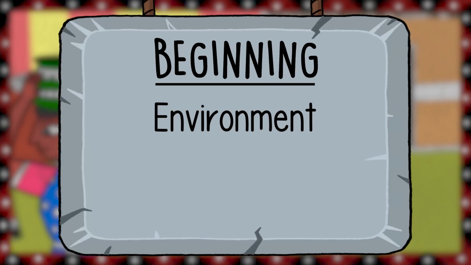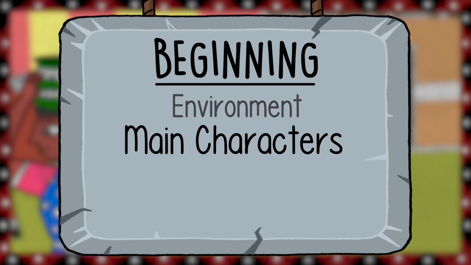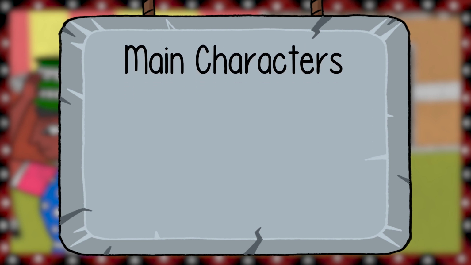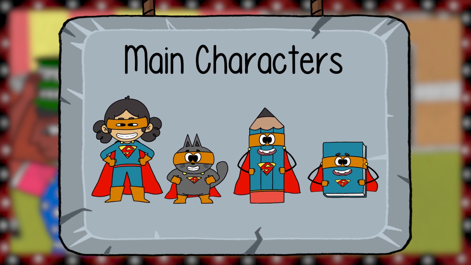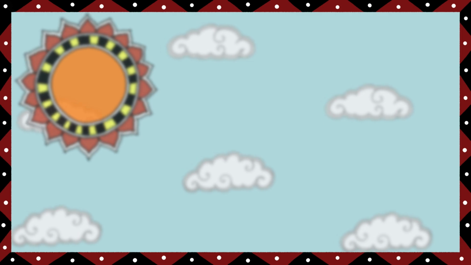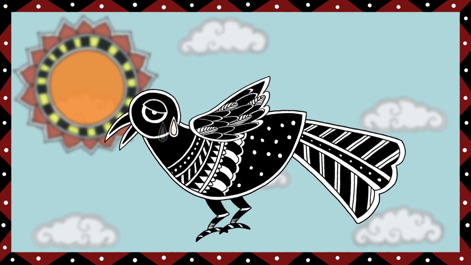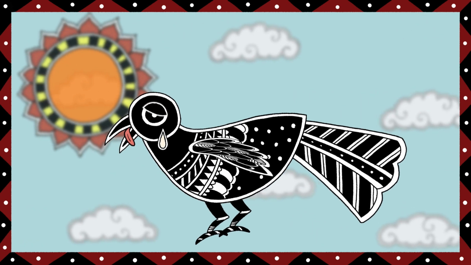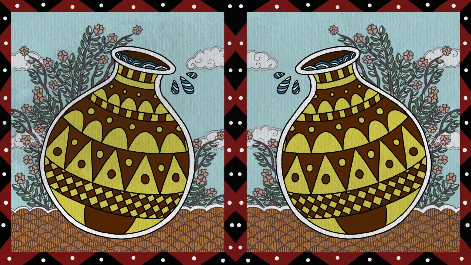We then come to one of the most important parts of the story, the main characters. Characters are responsible for driving a story. Characters can be humans, animals, even non-living things such as toys or books. It is all up to your imagination. When you introduce your characters, you need to show what they look like, what traits belong to the character, giving the viewers an idea about their personalities. For now, we will pick this thirsty crow as our main character.